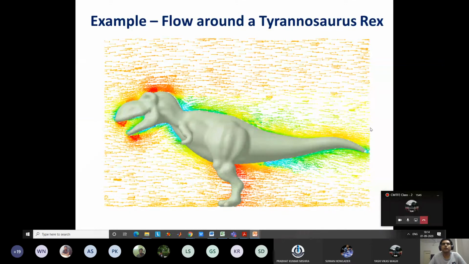Okay. So we were discussing how to know whether boundary conditions are appropriate or not. So this downstream boundary, if we use a constant velocity condition, say we know that far away, say that the dinosaur is standing steady, it is not moving forward, and there is a wind velocity of 10 meter per second, like normal velocity of 10 meter per second. Okay,